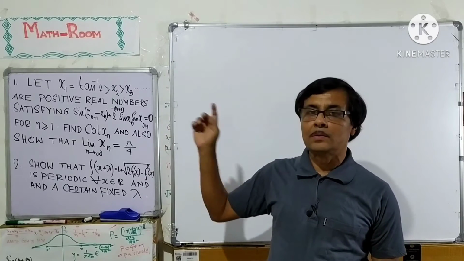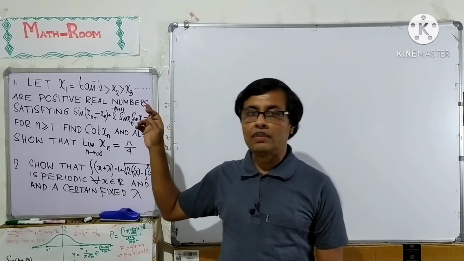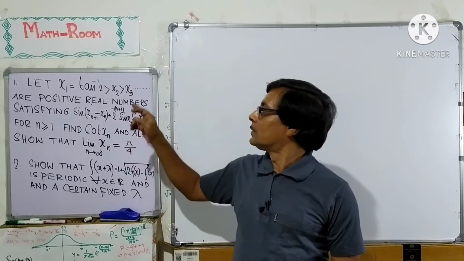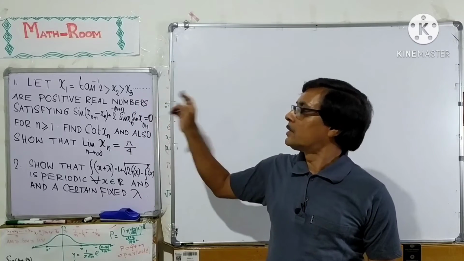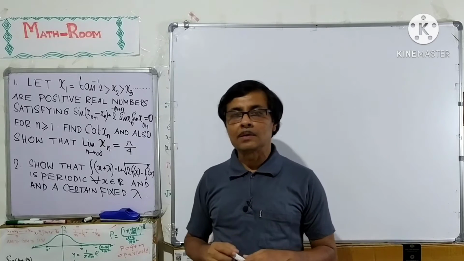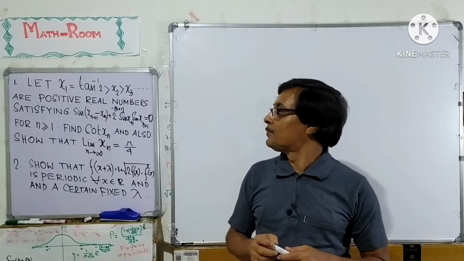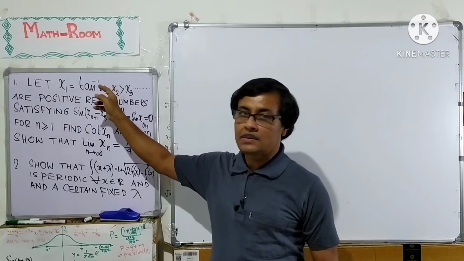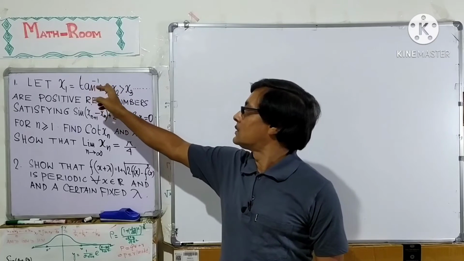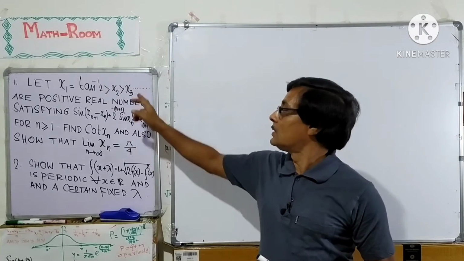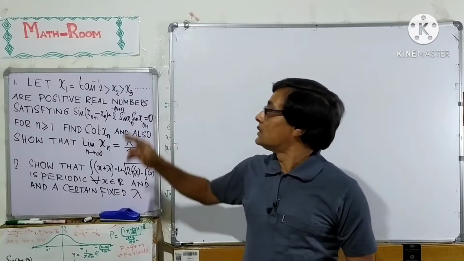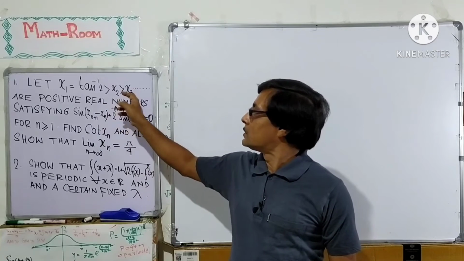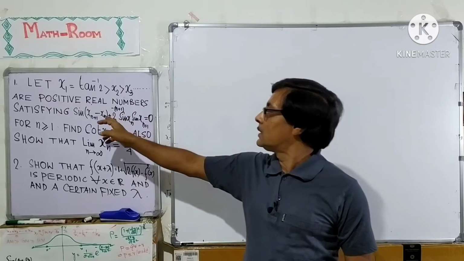Now, I shall show you the solution of two problems. The problem is written here. First problem: let x1 equal to tan inverse 2 greater than x2 greater than x3 and so on, are positive real numbers. This is also a sequence, and you can see that this sequence is a monotonically decreasing sequence,